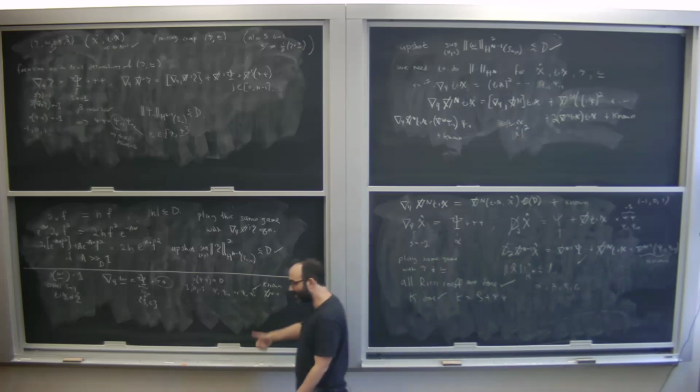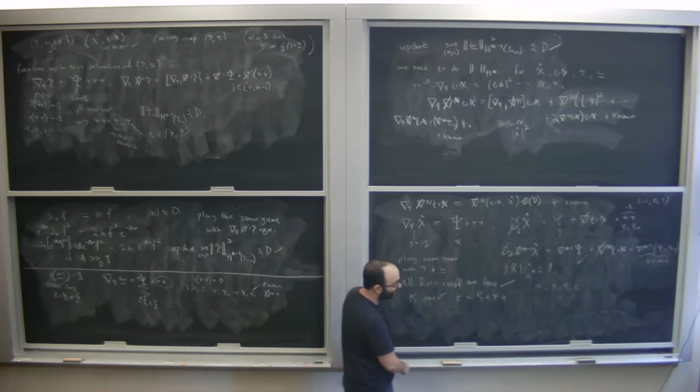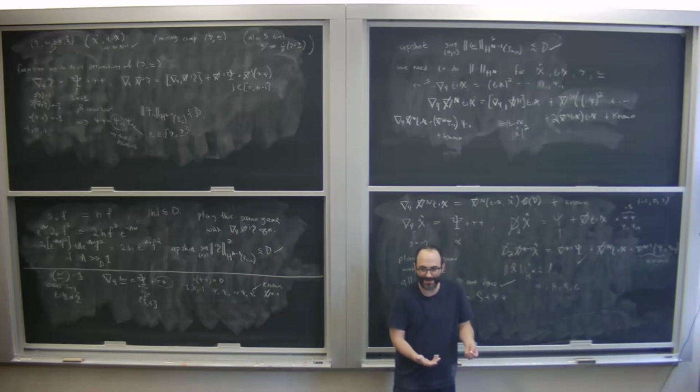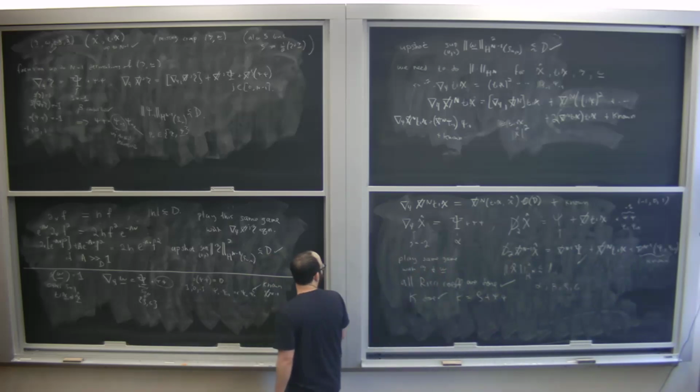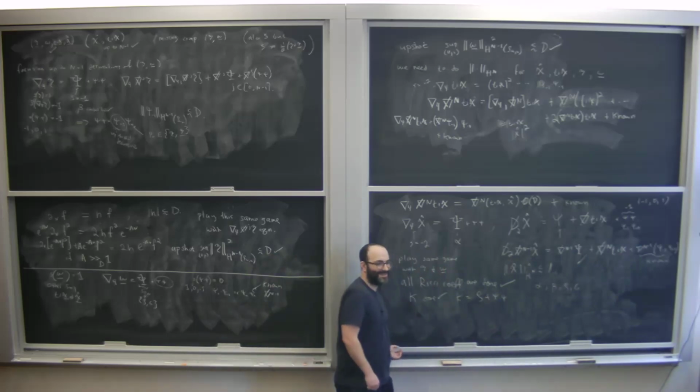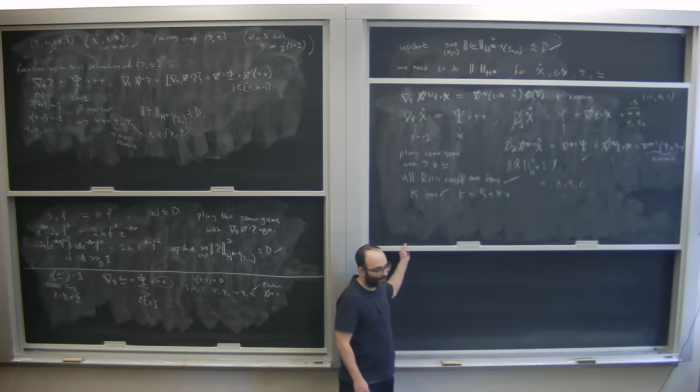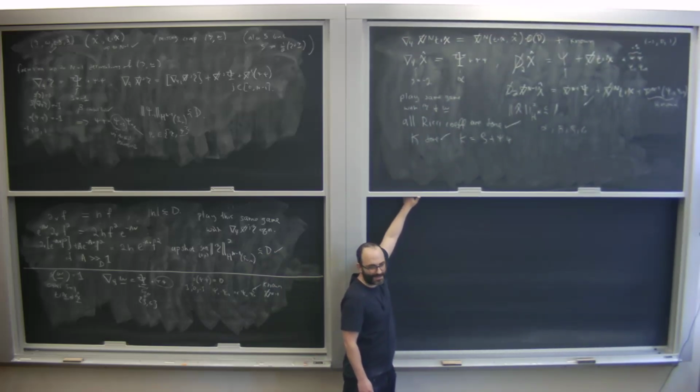All right, so that's good. So we have all the Ricci coefficients and are almost done with all the curvature. All that remains is the only thing you can even do, which is to try to do the energy estimate for alpha bar and beta bar at this point. But again, it kind of has to work at this point. Why? Because,